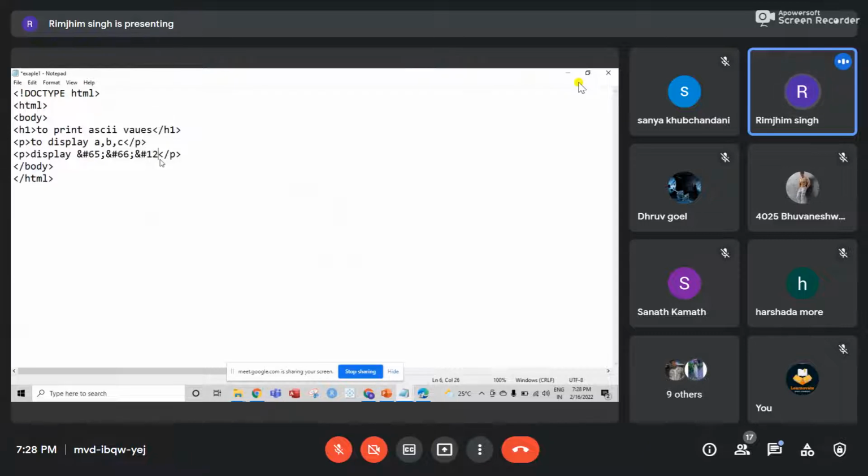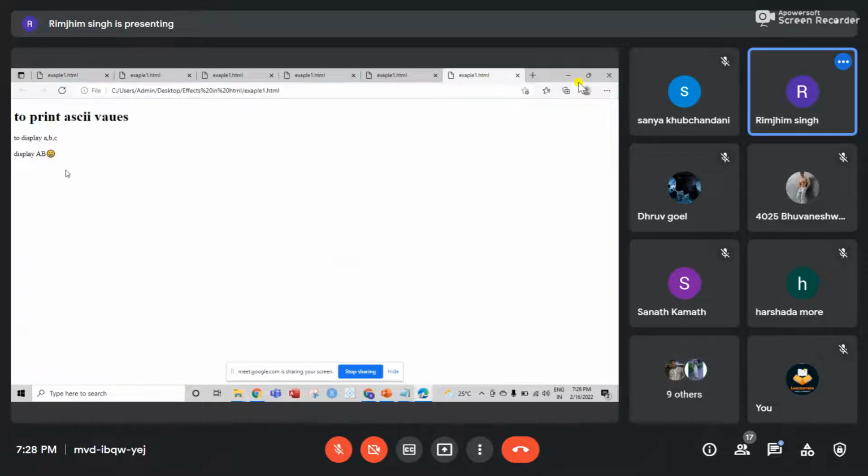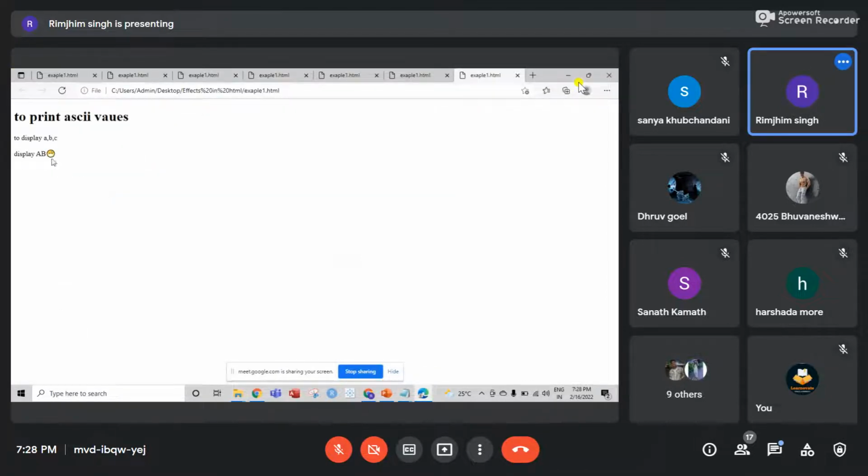128513. And then save it. So you can see, if I'm using 128513, I'm able to print this emoji. Let's just try a random number. Let's just print 67 and see if there is a defined number set or not for this 67. Yeah, so you can see,